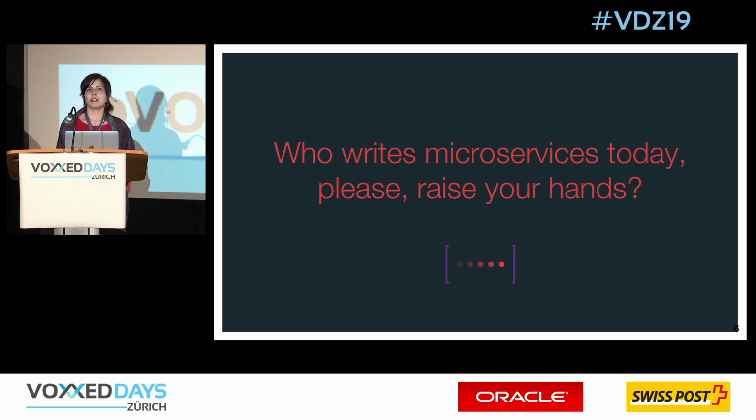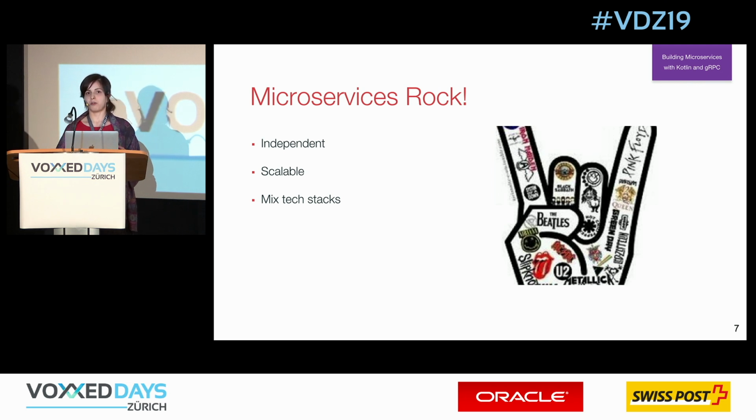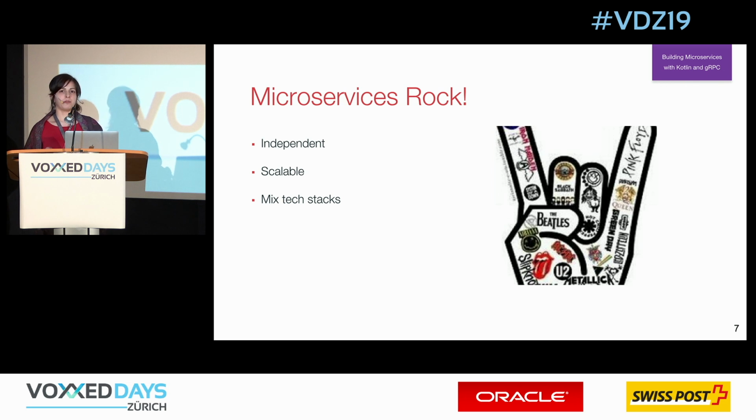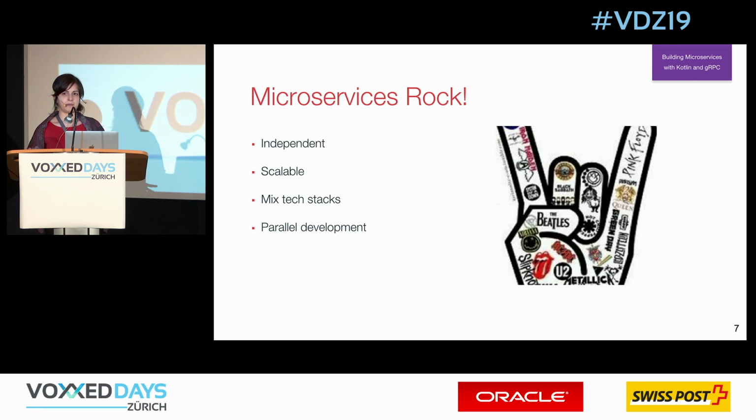So it's okay. Why do we like microservices so much? Because they rock, and we can be independent. We can scale everything. We can mix different technologies and choose the most proper technology. For example, you can write something in Node.js, something in Java, and choose whatever you want and whatever is most suitable for you. And then, of course, you can do development in parallel, because one team works on one microservice, another team works on another microservice, and everyone is happy. Just define some contract, and you work, and everything is okay.